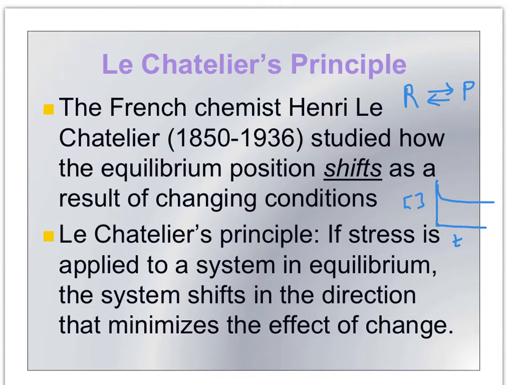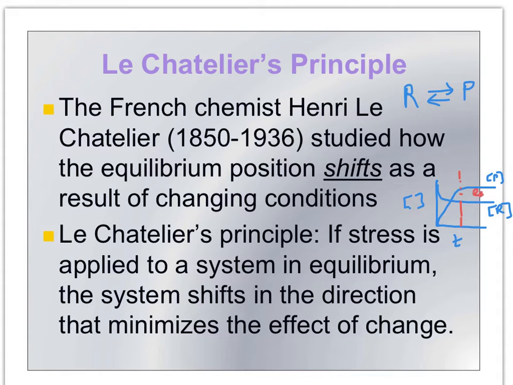And those products could be higher or lower than the reactant concentration, but they do not need to be the same. So let's say it looks like this. These are my products, and these are my reactants. And here